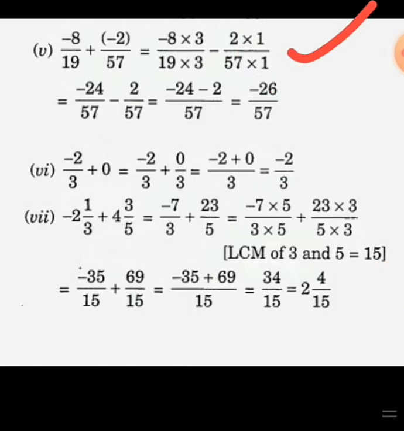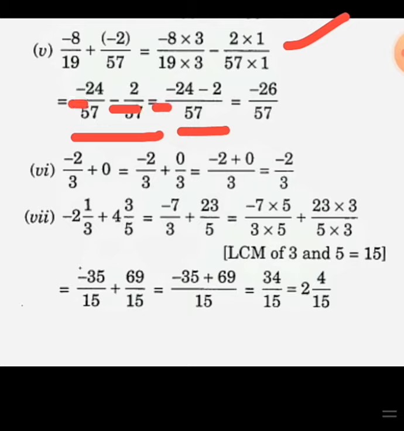Now next step. You have to first multiply the numbers carefully and then put the negative sign with the answer. Here the negative sign is there, so whatever your answer will be, it will be negative. So 8 threes is 24 and minus is given, so minus 24 upon 57 will be the first answer. Next, the middle sign is minus, so keep minus here. Next, 2 ones are 2 and 57 ones are 57, so 2 upon 57. Now the denominator is the same, 57 and 57, so we will write it only one time, and minus 24 and minus 2 we will write together.